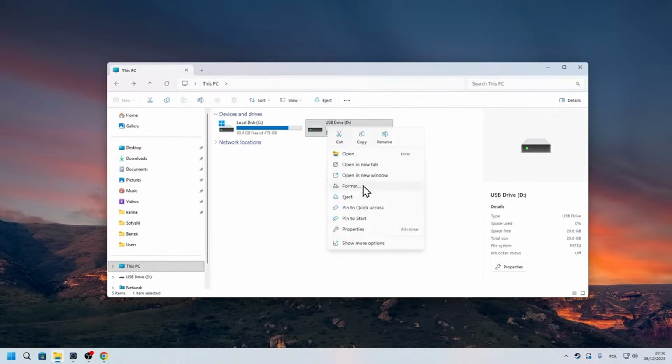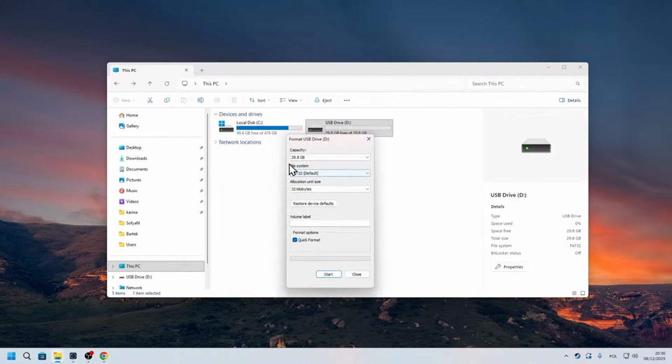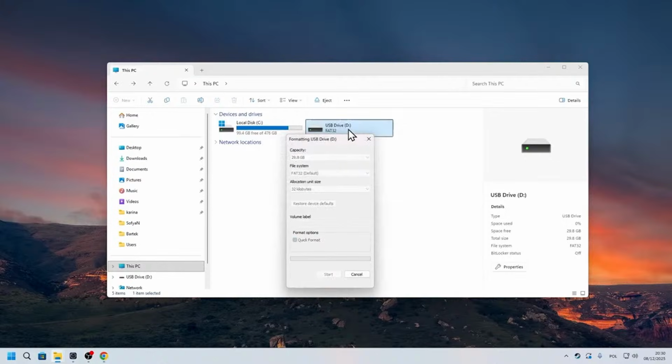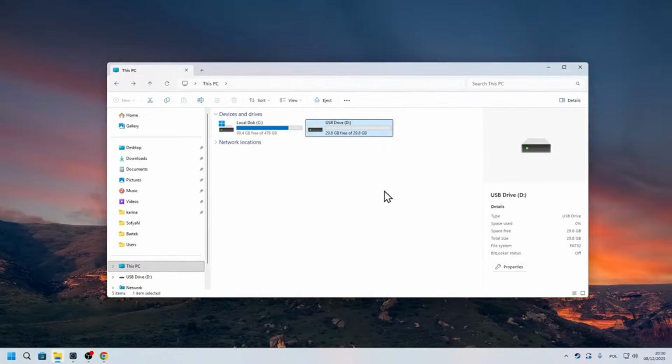Right-click your USB flash drive, select Format. Then in the file system, select either FAT32 or exFAT, depending on which file system your USB flash drive supports. And if both file systems are supported, then go with the default one. Don't forget to hit the Quick Format checkbox and click Start, click OK, and give it a couple of seconds. Usually it only takes this much for your PC to format the USB flash drive. And once you're ready, let's go